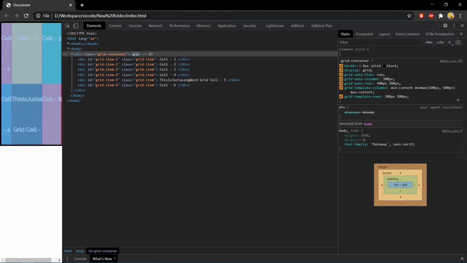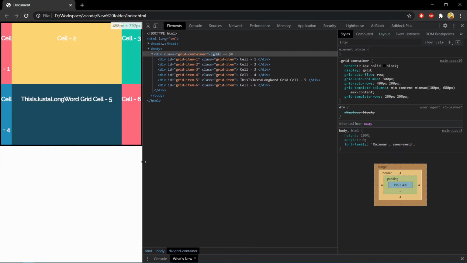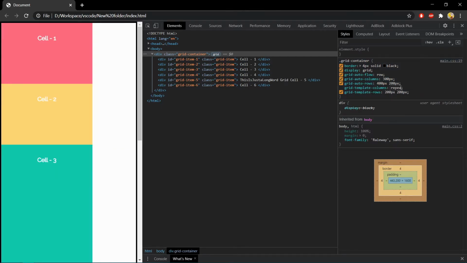Another property which you can use is repeat. Till now, we have specified sizing units equal to the number of columns. So in this example, we wanted to create 3 columns, so we have specified 3 sizing units over here. But there is a shorthand property to it, called repeat. You give the number of times you want to repeat the value and the value which you want to repeat.